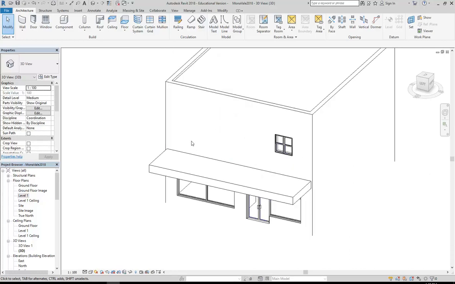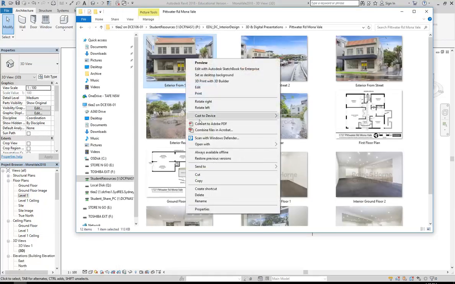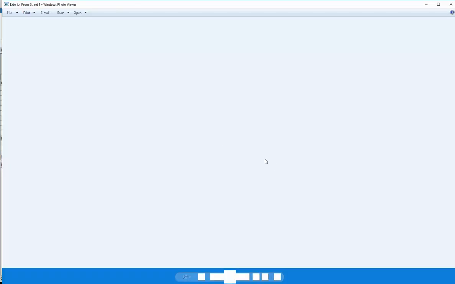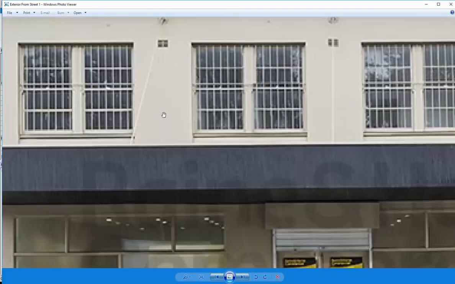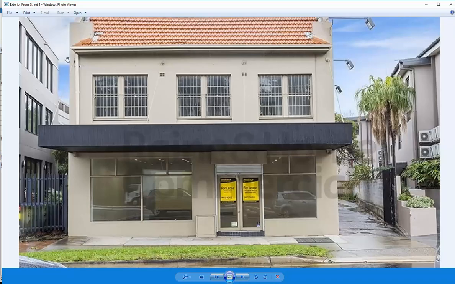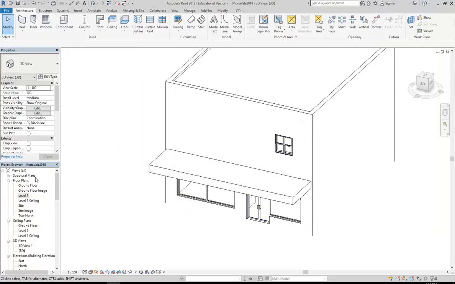But then we've got a photo of that facade, and I'll just load that up. So we should be able to use this to establish the sizes a little bit better. If this was a brick building, or if this had face bricks, we could just count the bricks. But it doesn't, so we've got to use another method. So I'm just going to show you a simple way, using that photo,